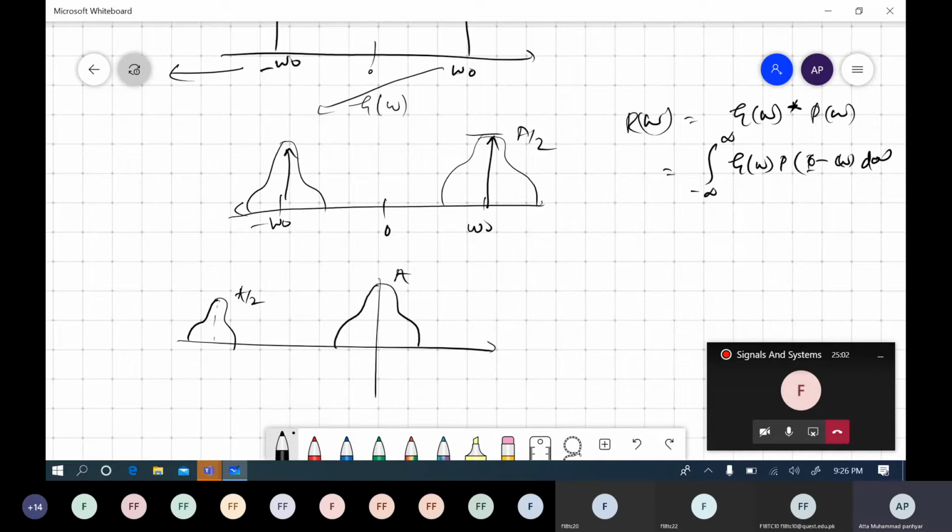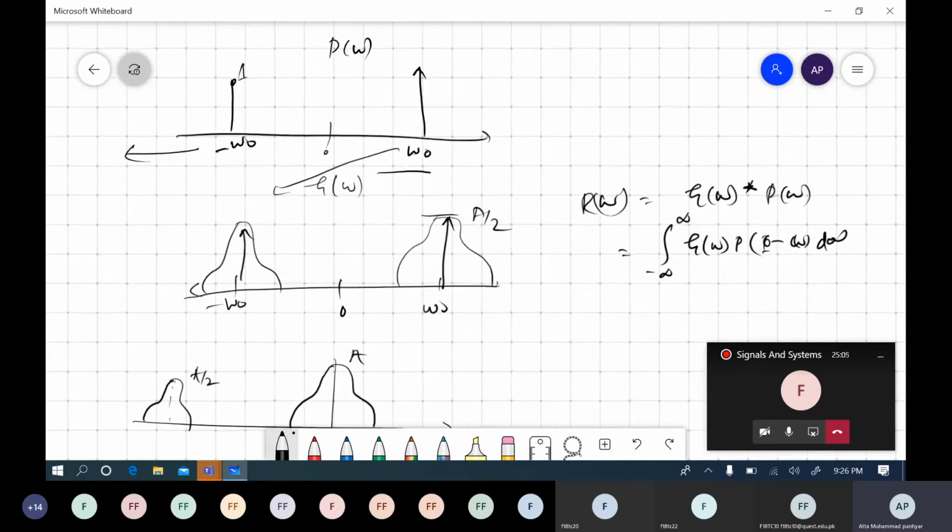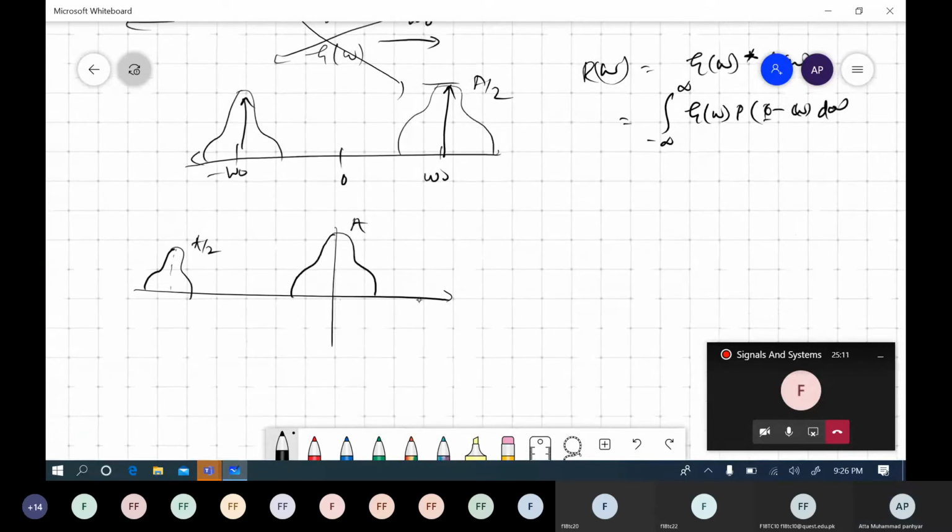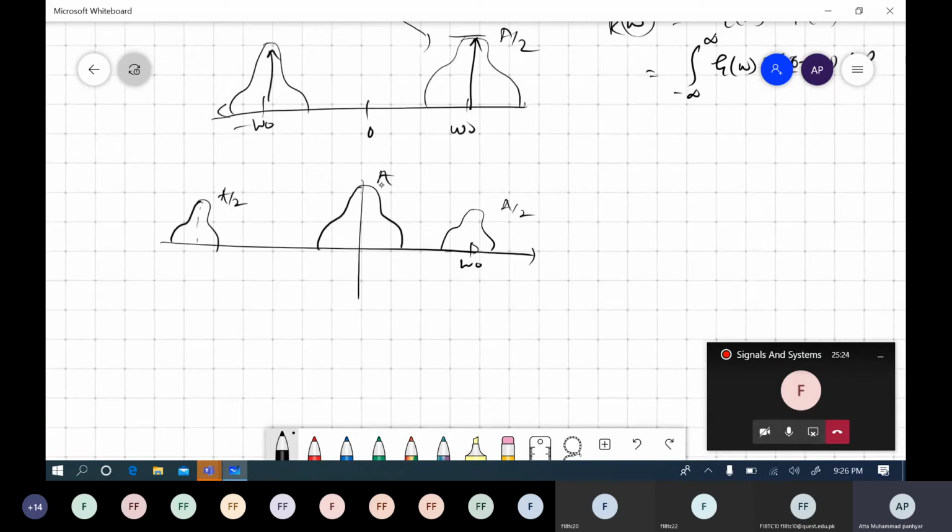And same, if we shift this signal in this direction, then this impulse is shifted here, and multiplied only with this, then we get, at omega, we got a by 2 here, right? At omega naught. Now you can see our signal is again at the origin. This is omega 1, this is minus omega 1. Now what we can do is use a low pass filter and demodulate this signal, right? And we can find the result of this signal as well.